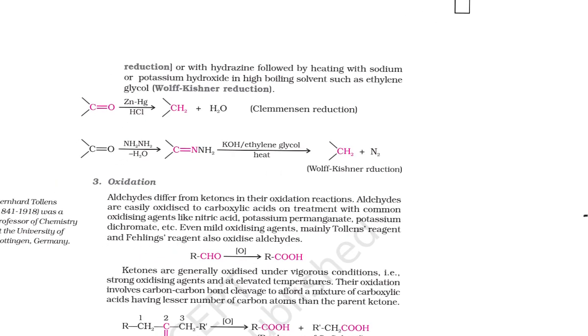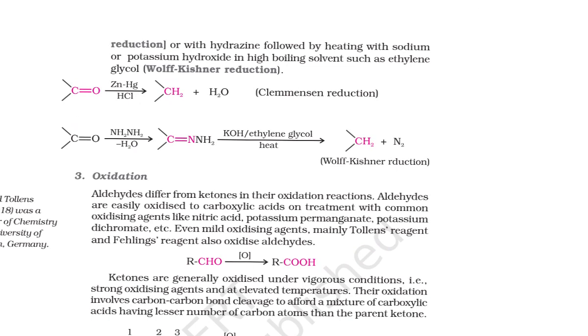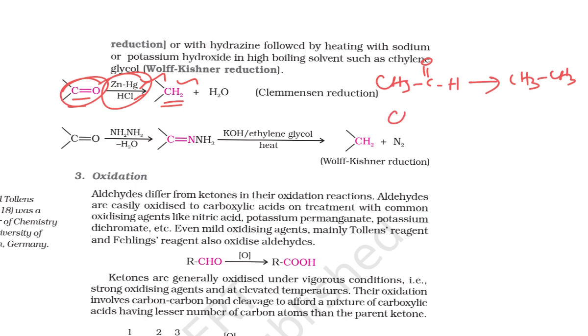Look here. So here there is a reduction reaction. In Clemmensen reduction we are converting the carbonyl group of a ketone into CH2 using zinc amalgam and HCl. Let me give you one example. So this is your aldehyde. If it undergoes the Clemmensen reduction, your product is ethane. If I take benzaldehyde, this also undergoes the Wolff-Kishner and Clemmensen